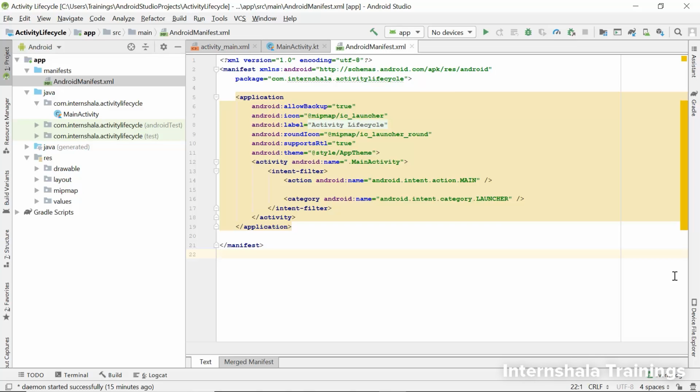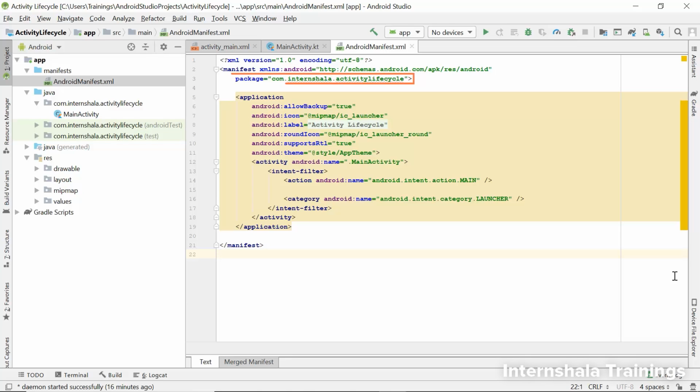The first attribute in this manifest tag is XML-NS, and it can be broken down to XML and NS, where NS stands for namespace. The value given to this attribute is a URI or Uniform Resource Identifier. The URI is nothing but a location. It tells the compiler that we are going to use the attributes defined at a particular place. This place is called namespace, and its name is Android. It is not important to know this, so even if you don't understand much of it, it's okay.